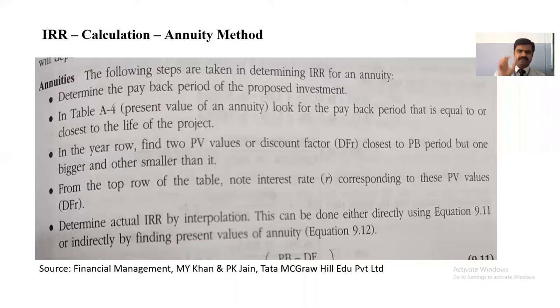You convert the cash flow into present value of cash flow using these discount factors. If you take discount factors of 10% and 12%, go to the present value factor table and write down the 10% discount factor for the first year, second year, third year, fourth year, fifth year, whatever is the life of your project, and then you multiply with your factor and you'll get the present value of the cash flows.